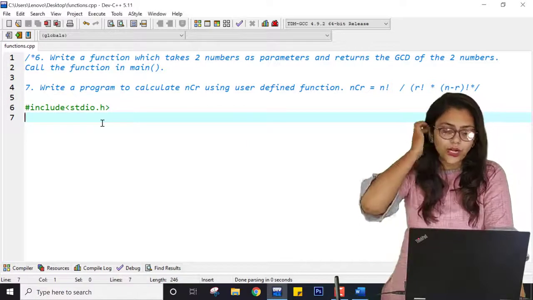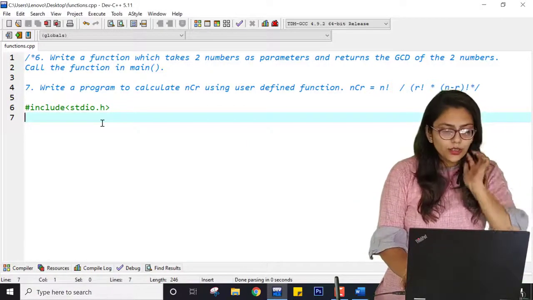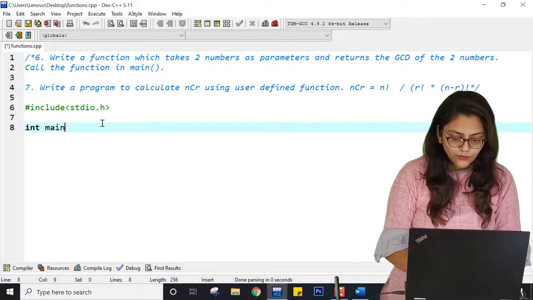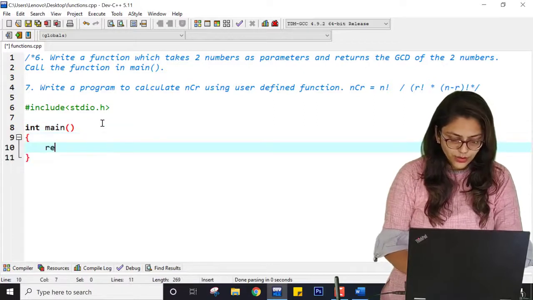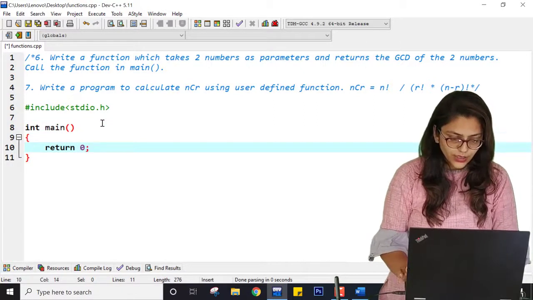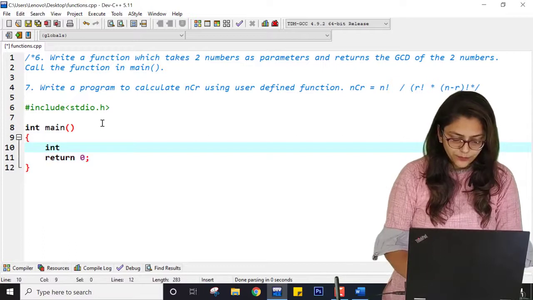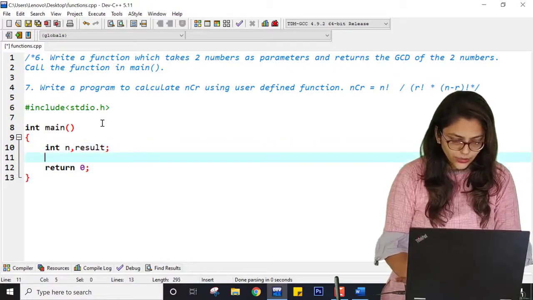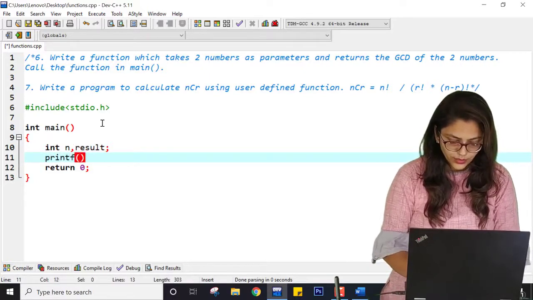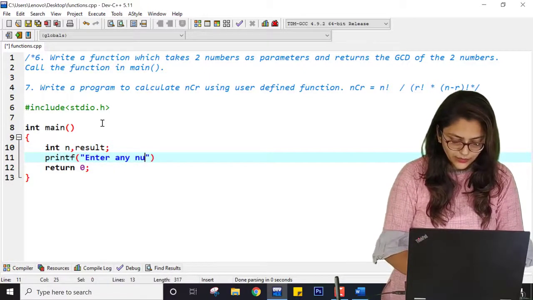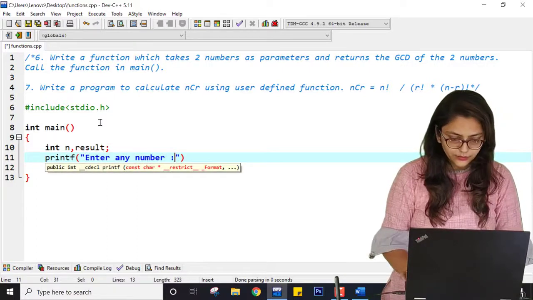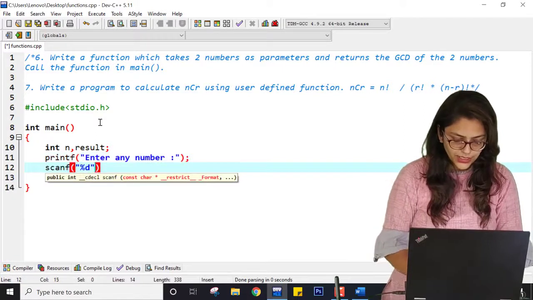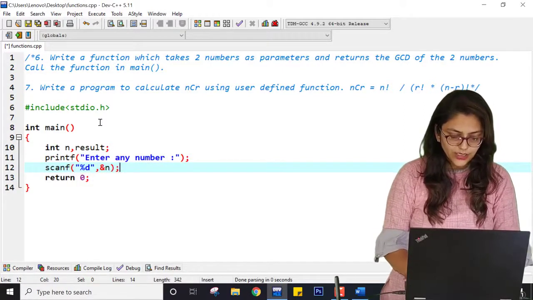How you can do that? So to understand this practical you must know the logic of finding factorial. So what was the program for finding factorial? Return 0. Here I was taking int and result, and then I was telling user printf enter any number, and here scanf %d and n, right?